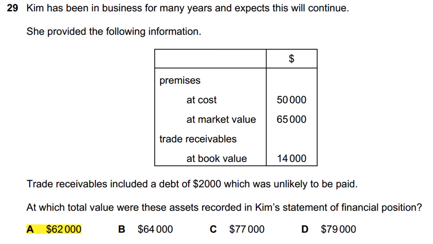And trade receivables at book value 14,000. Trade receivables include a debt of $2,000 which was unlikely to be paid. It means 2,000 can be bad debt, so it will be deducted from the trade receivables. At which total value were these assets recorded in Kim's statement of financial position? So A option will be correct,